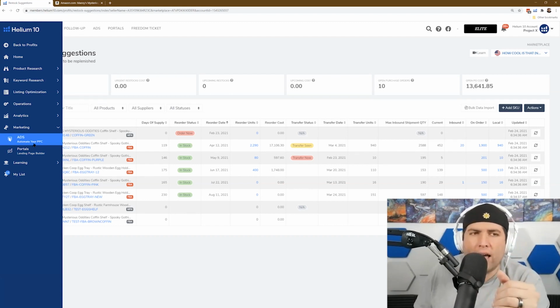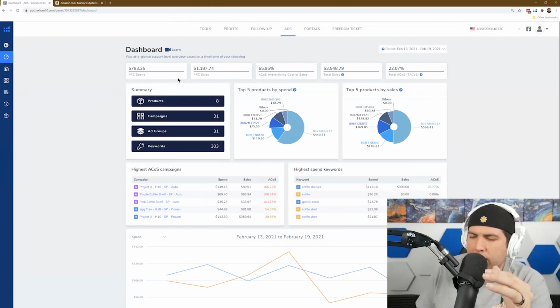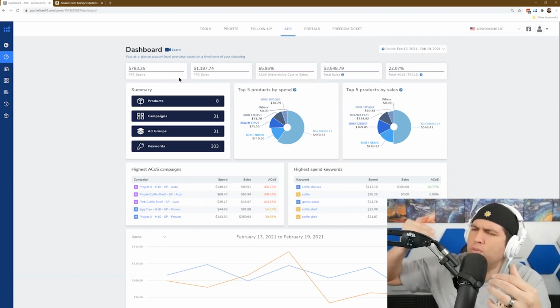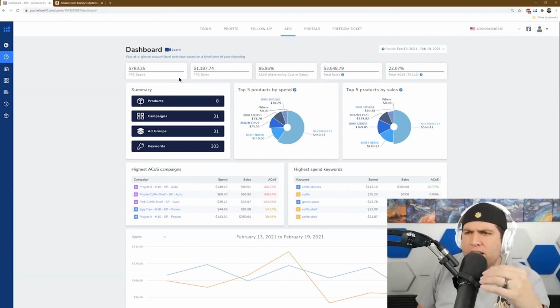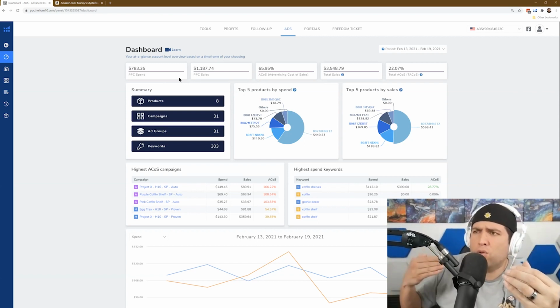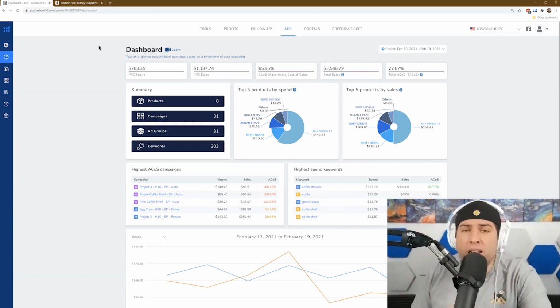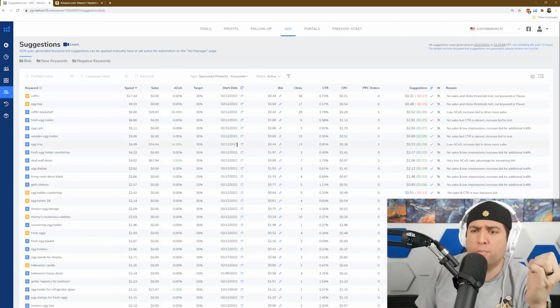You can say, hey, let me just see if I can open it up here. Maybe I want to get into these listings, and I want to have an alert that if I have a keyword that my ACoS is X%, I want to be told that I need to lower that bid without me having to go find it. Or maybe my ACoS is less than 20%. I want to be told to increase that bid, to expand it out. Maybe I got 15 clicks or 20 clicks on a keyword with no sales. I want to make that a negative match.